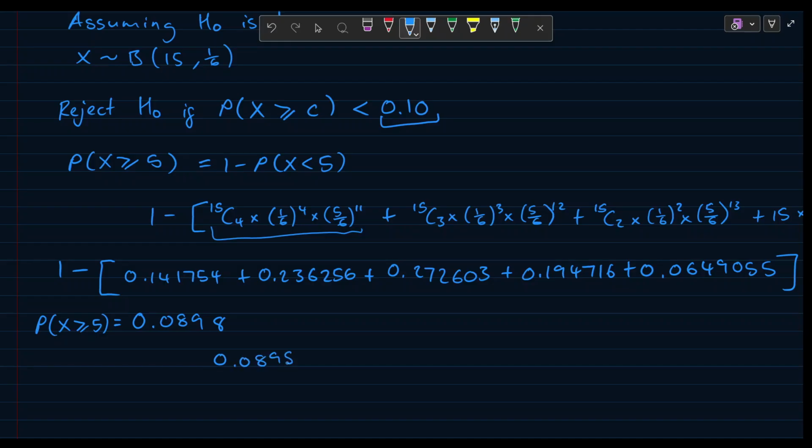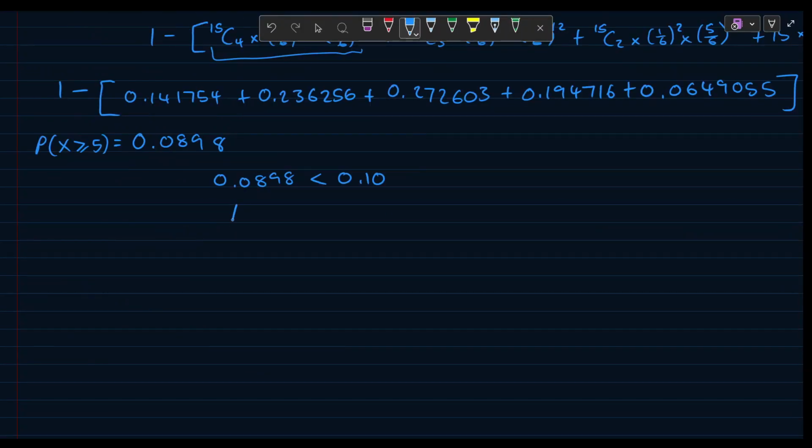0.0898 is less than 0.10. It's less than our significance level. So according to our rejection rule, we have to reject H0, and we can conclude that there is sufficient evidence that this guy is not guessing at all. He's got a system. So there is sufficient evidence